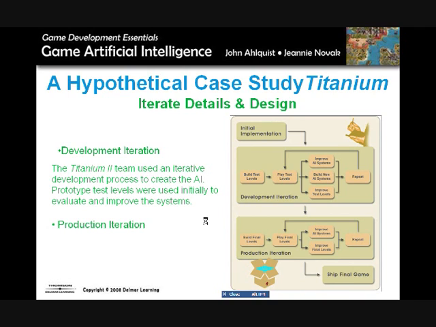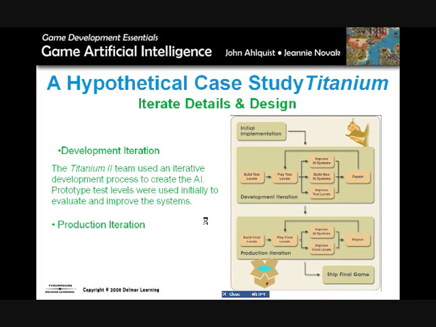And so in the case of Titanium, what they decided to do was, like I said, create a prototype. So this is that first green box, underneath initial implementation. Once they were done with their initial implementation, they had the level designers build test levels with this very simplified core feature set, so they could begin working on improving that feature set, making it as robust as possible. And so they would continue doing this until they were happy with their core implementation, and they can go into production phase. So once they've done their pre-production and they're happy with the core set of features, they can actually